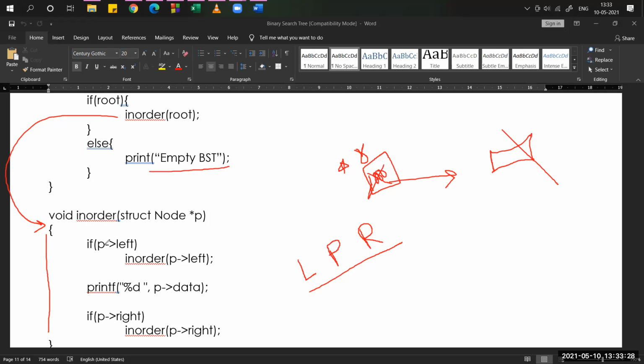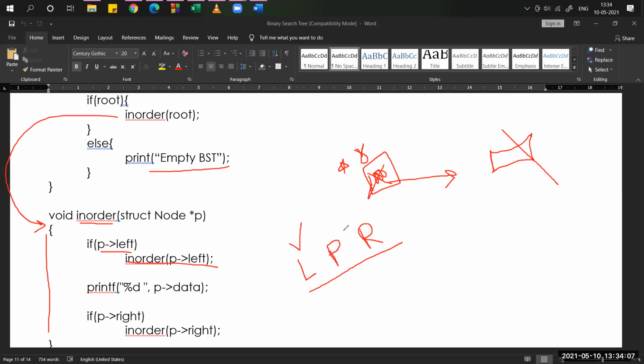First left, so we take parent to left, meaning the left node address, inorder of parent to left. This is recursive. This function is called inorder by using recursion. Why do I say it's recursion? Here I'm calling the same function name again and again.